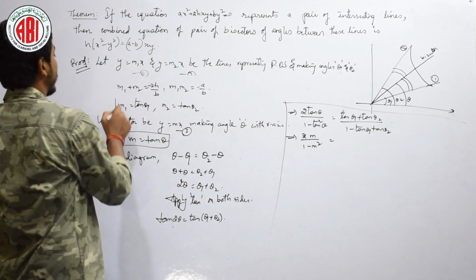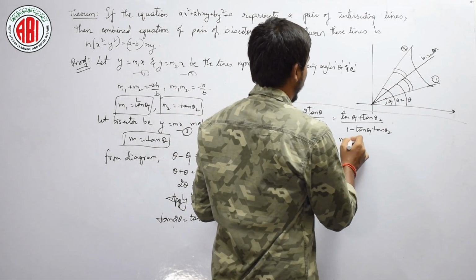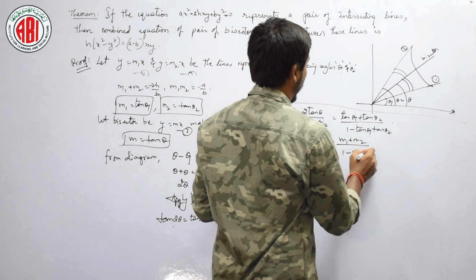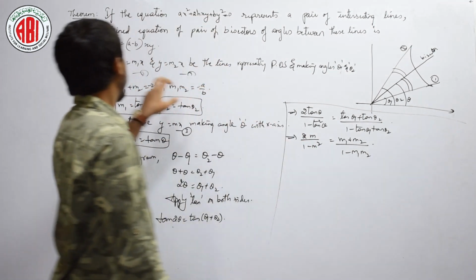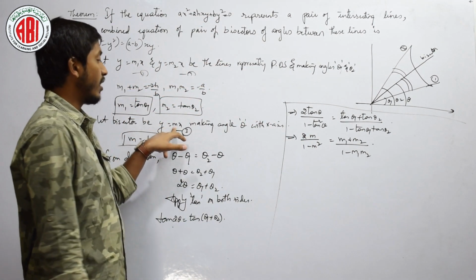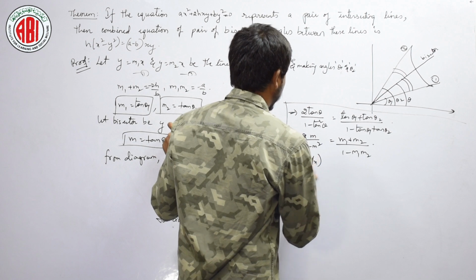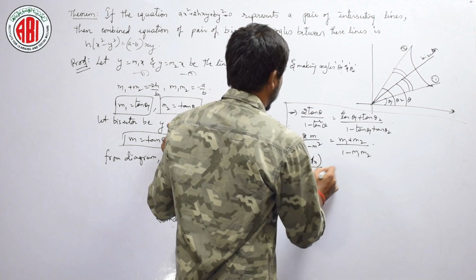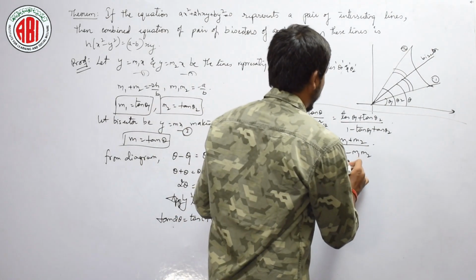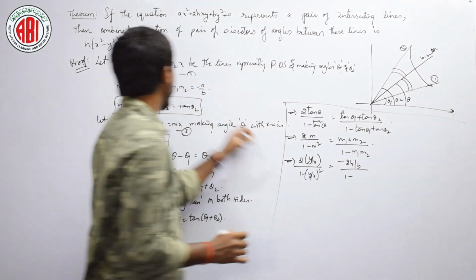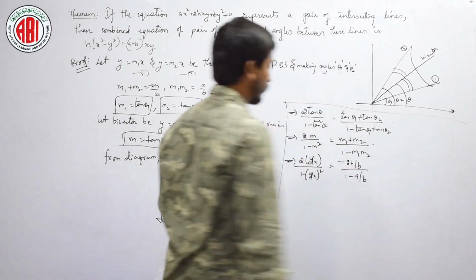What is tan theta 1? That is m1. What is tan theta 2? That is m2. Let us substitute it, that will become m1 plus m2 by 1 minus m1 m2, is it right? Yes. Now let us substitute, what is m here? Where is m? Here y equal to mx, then m will be y by x. Let us substitute that, 2 into y by x by 1 minus y by x whole square. What is m1 plus m2? Minus 2h by b, right. This is minus 2h by b by 1 minus, what is m1 m2? a by b, a by b, is it right?